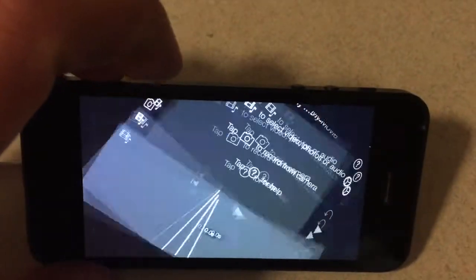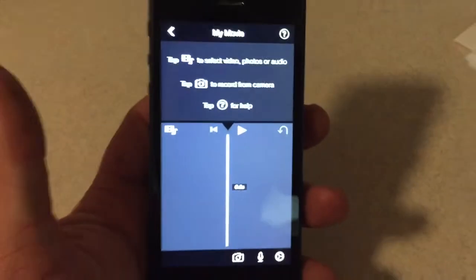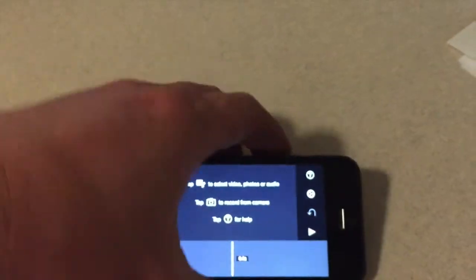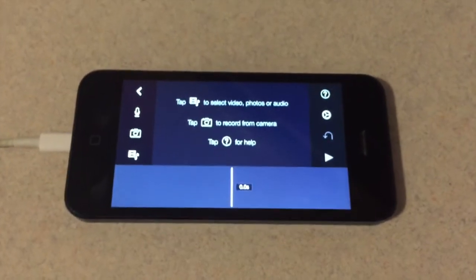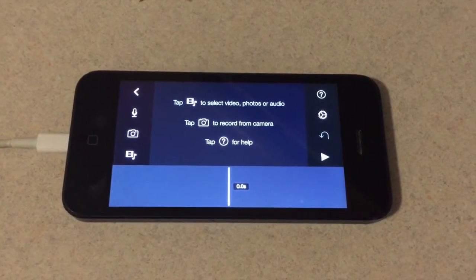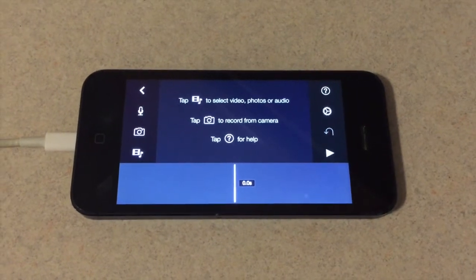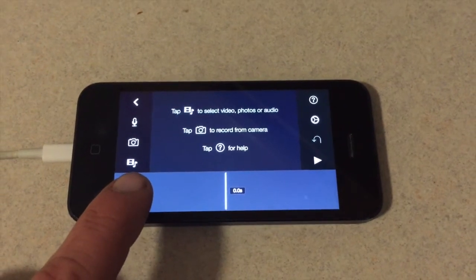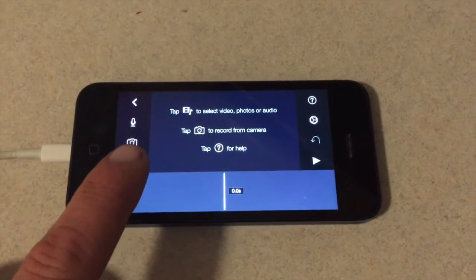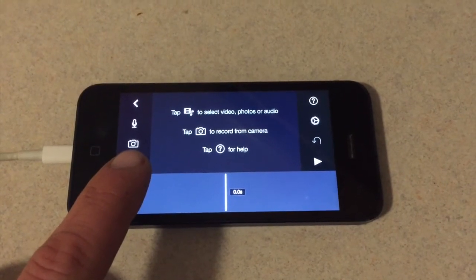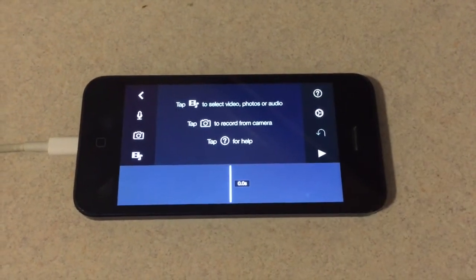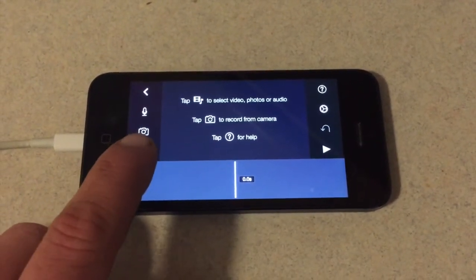Once you are in the create menu, you can look at it either way. You can look at it in portrait and do your editing that way, or you can look at it in landscape and do your editing that way as well. So to get started, you want to add media. You can tap the film strip with the music symbol to select video, photos, or audio. You can tap the camera to record straight from the camera, or you can tap question mark up there if you're confused. So we're going to jump right in and hit the camera roll